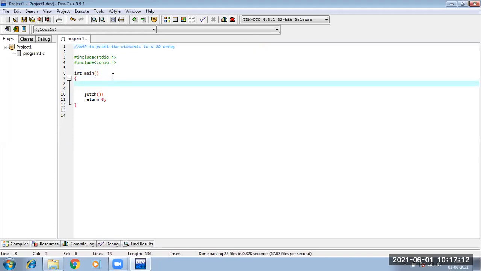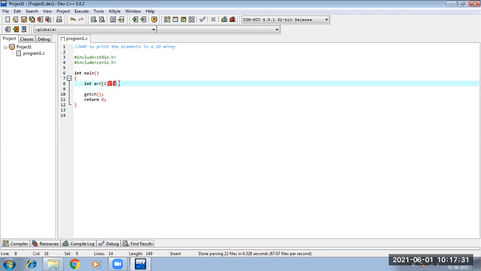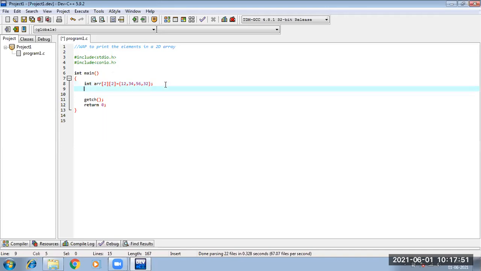What we have just learned is that we need to declare the array first, with the number of rows and the number of columns. Suppose I am declaring the simplest one, a 2 by 2 array. I am not going into the difficult one, I am just initializing with these values only. So 4 elements I am providing: 12, 34, 56, 32. Fine. Suppose I have done that.